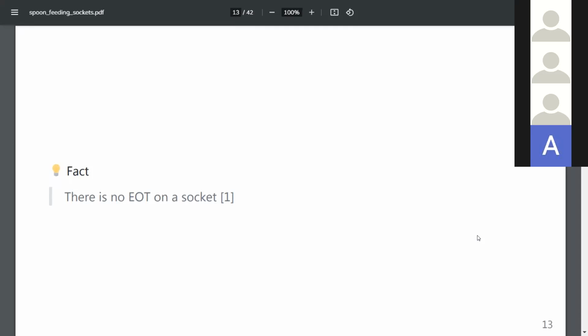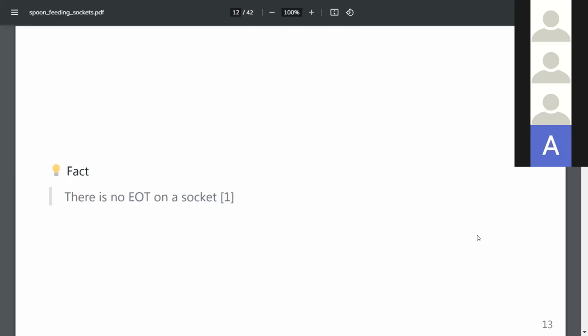Are you expecting some more messages? It's up to the server and the client to find a protocol to communicate, but the socket by default doesn't send any character to say that this is the end of the message.